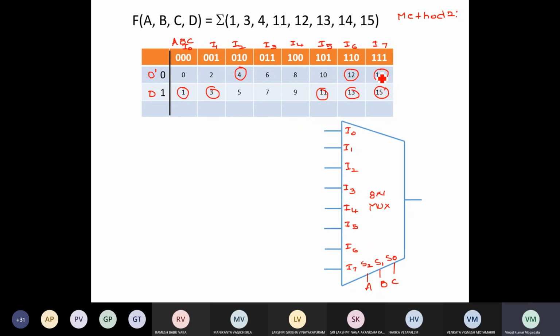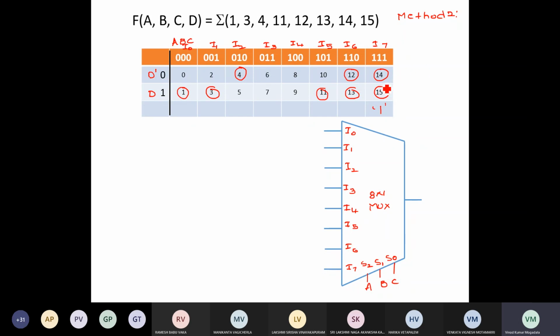For the last two cells, or the last column, you see that irrespective of the value of D, these minterms are present. So we need to connect 1. The output is always 1, whether D is 0 or 1.